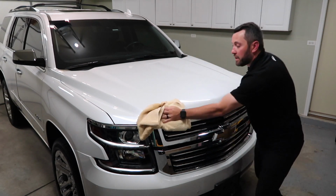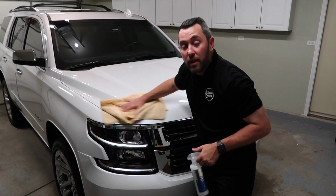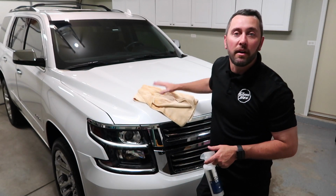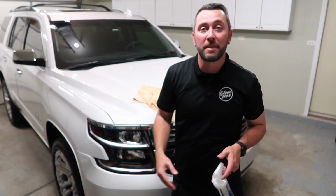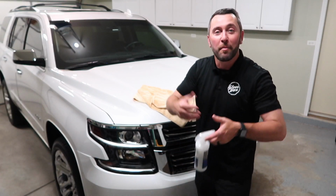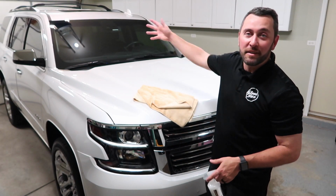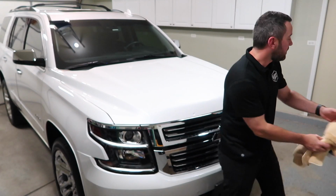It's that easy. Now, what about when after I do that wash, if I have some nasty bugs still on the surface? It happens. The pressure washer sometimes doesn't hit those bugs, especially when I'm driving really fast trying to get to where I'm going and the bug splatters all over the paint surface, glass, chrome, the side mirrors, all that stuff. So this month,